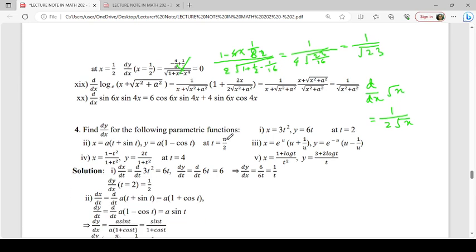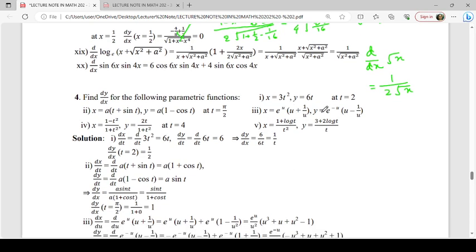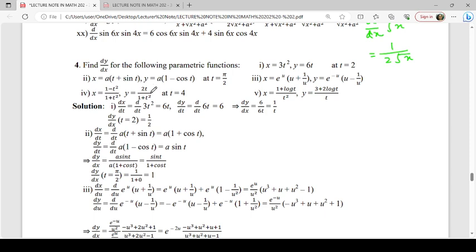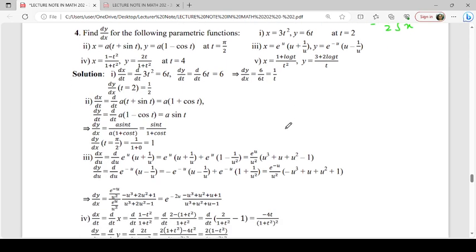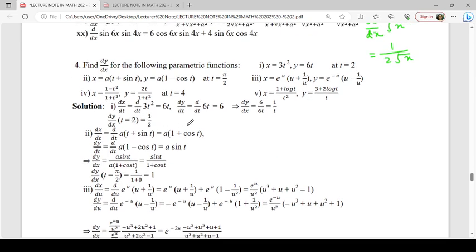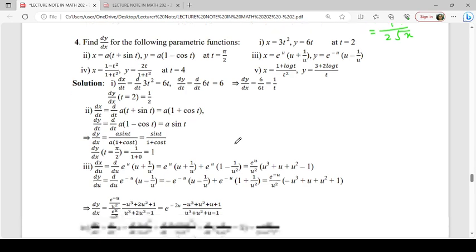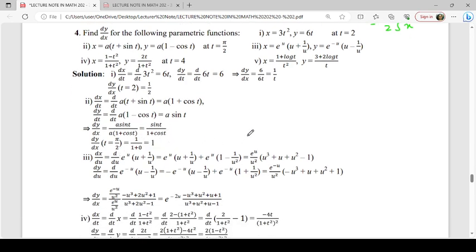Then these are parametric functions. So parametric functions, these are simple functions, you can have it. So dx dt is 6t, dy dt is 6. So then divide, it is 1 by t. dy dx at t equal to 2, putting the value t equal to 2, it is half. Then a sin t, a cos t, ddx of a t plus sin t is this one. Then dy dt at t equal to pi by 2, putting the value t equal to pi by 2, it is 1. Then this one e to the power u, so this parameter is u,